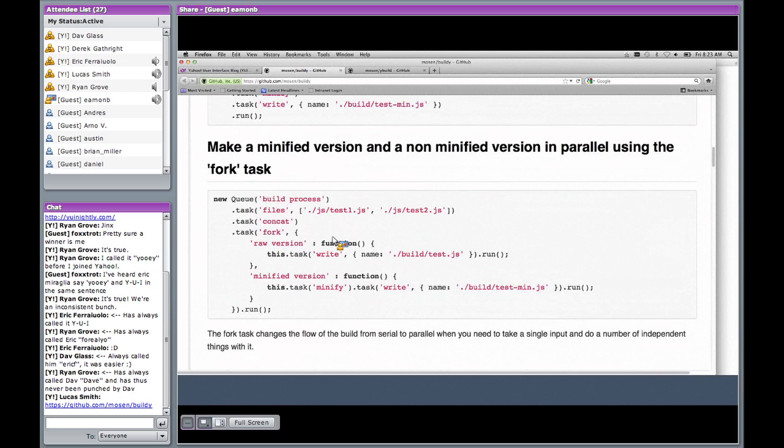But I'm not taking over Ryan's excellent Celic template processing tool, but that might even become one of the tasks inside Buildy as well. So I'm thinking about ways that Celic could actually use Buildy to carry out its actions, because it does a lot of stuff that follows this kind of a workflow where it takes a bunch of files and then processes them and then does things to them. And right now it's just manually coded to do all this stuff. But it would be really sweet if I could just use the Buildy style API to do that. Yeah, for sure.